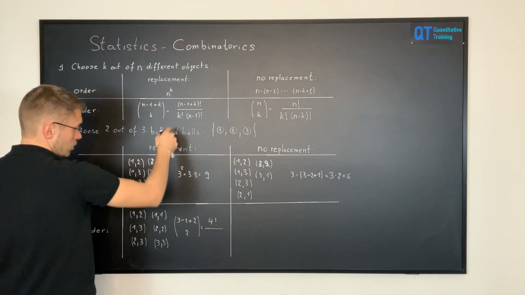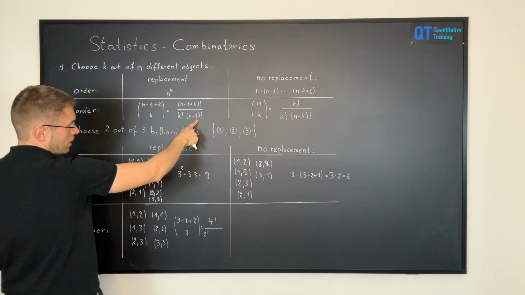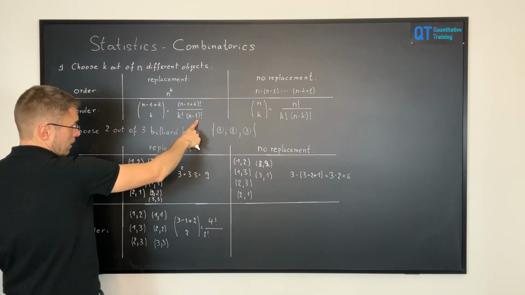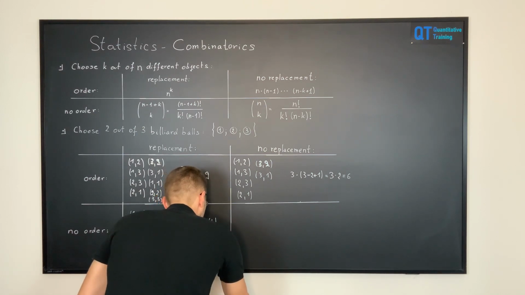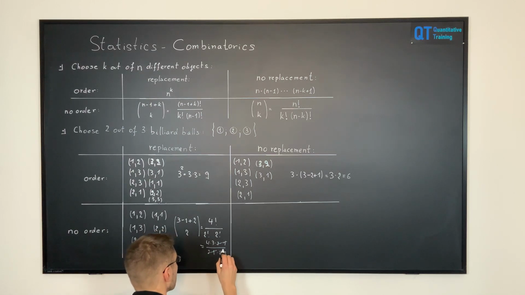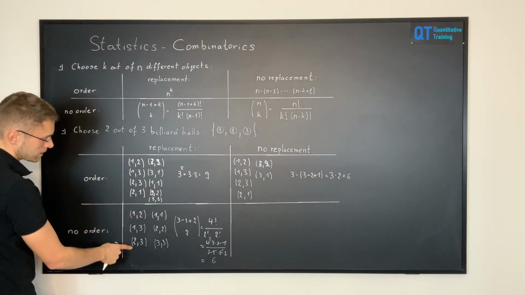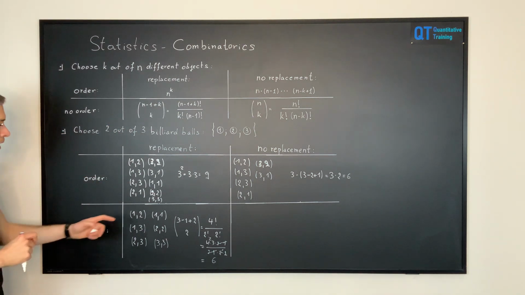divided by k, which is 2 factorial, and n minus 1, which is 3 minus 1, so 2 factorial, which is 4 times 3 times 2 times 1, divided by 2 times 1 times 2 times 1. This one simply is simplified, and here we have 1, 2, so we find 6 different possibilities, and indeed we have the 6 different possibilities here. So here we see that the formula corresponds with our intuitive